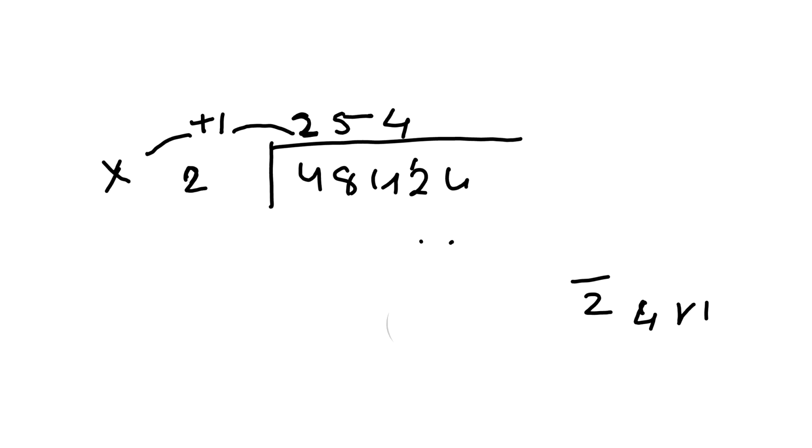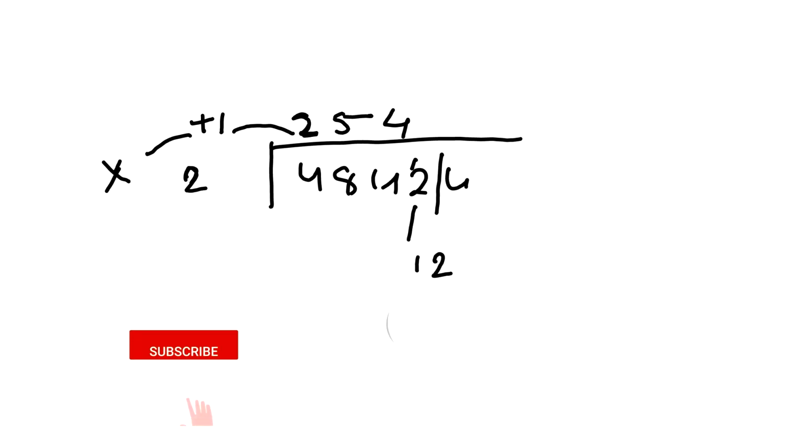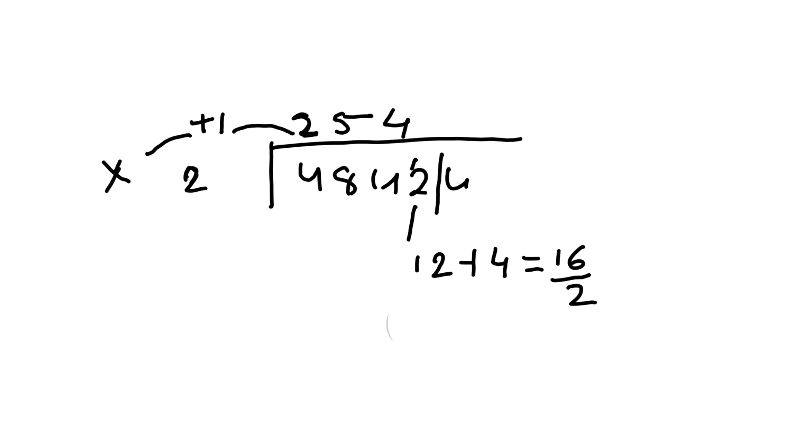Now all you will have to do is put the last number intact. Now what is this number? This is 1 and 2. Remember, the remainder shall be added at the left side. Okay, and it will be adding plus 4 into 1, that is 4. That is 16. Divided by 2 means 8. So the answer is 2548. What will be the remainder?